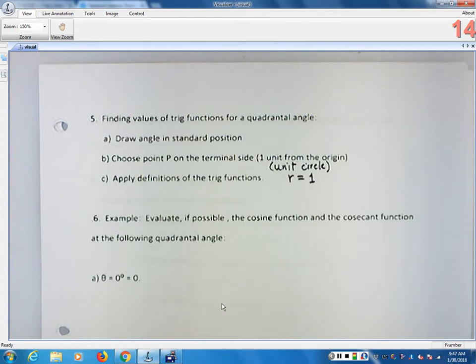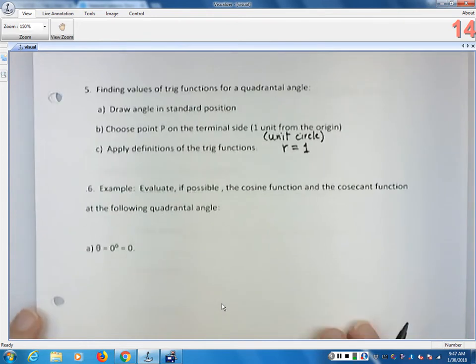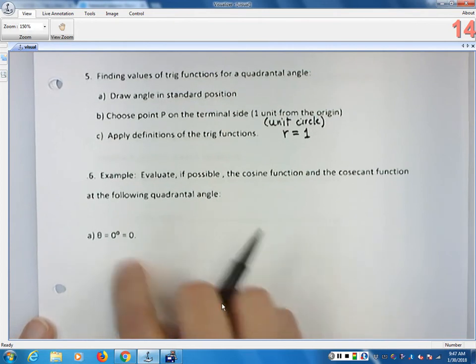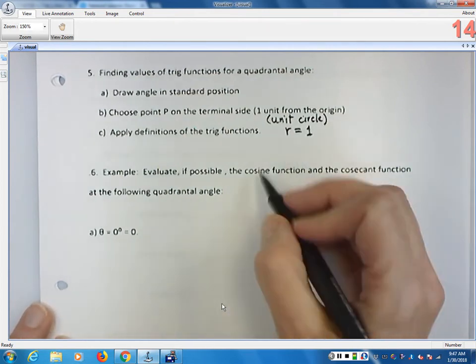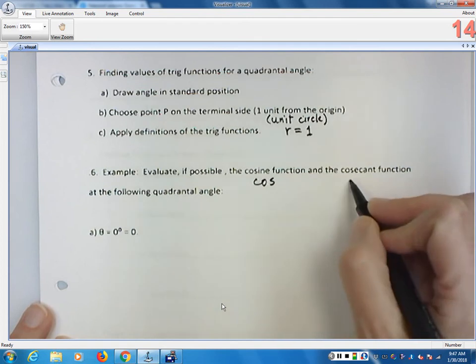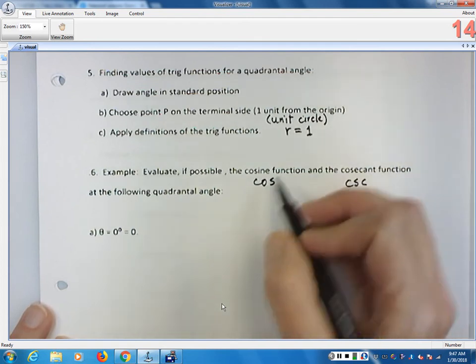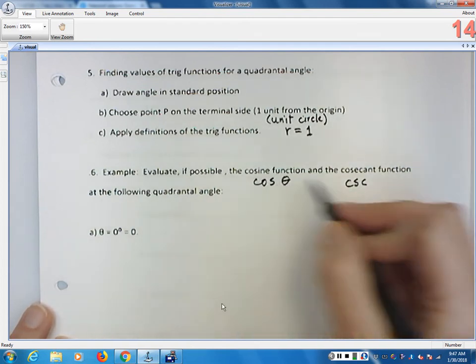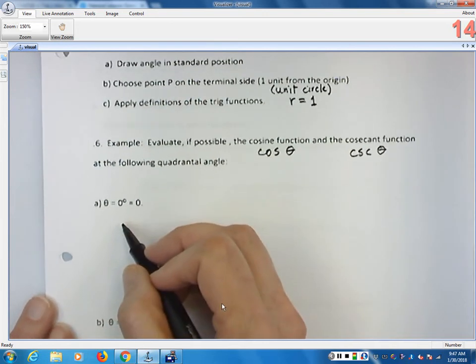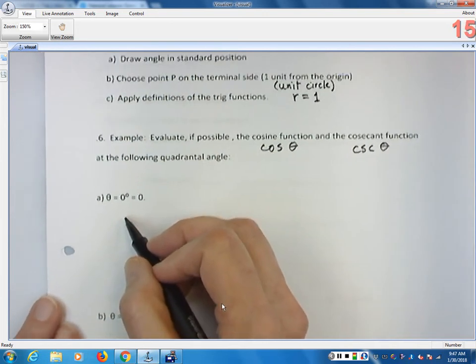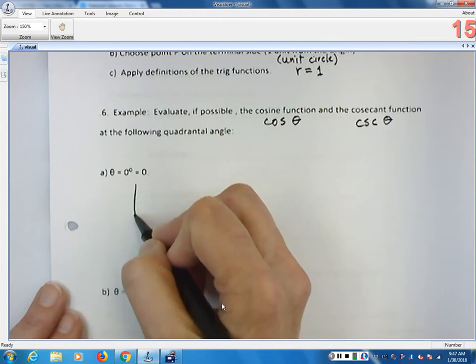Then apply the definitions of the trig functions. So, example, we're going to evaluate the cosine function and the cosecant function of the following quadrantal angles. So, if theta equals 0 degrees,